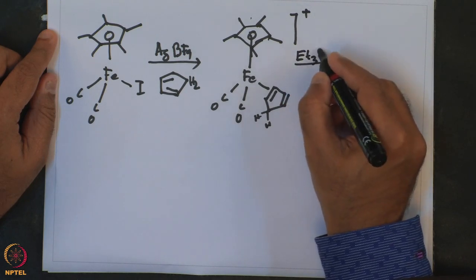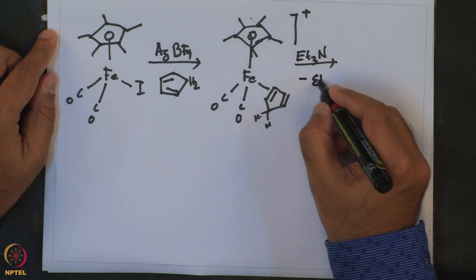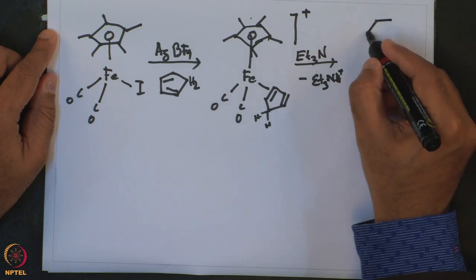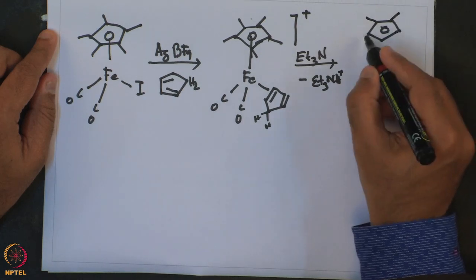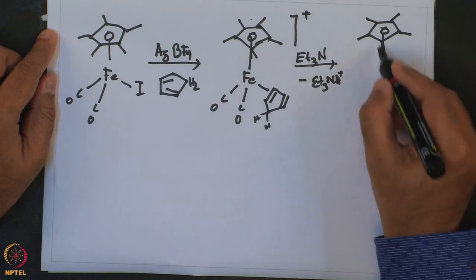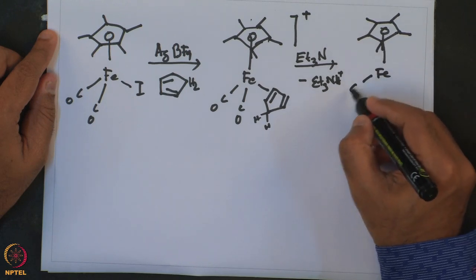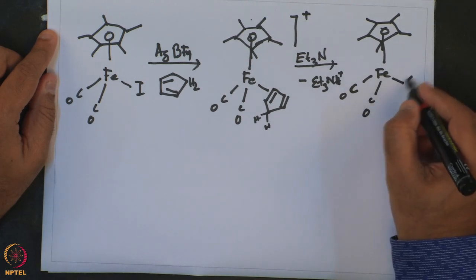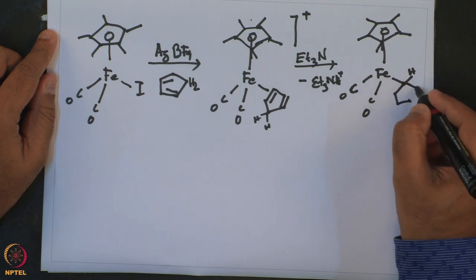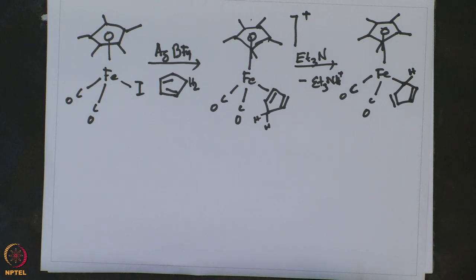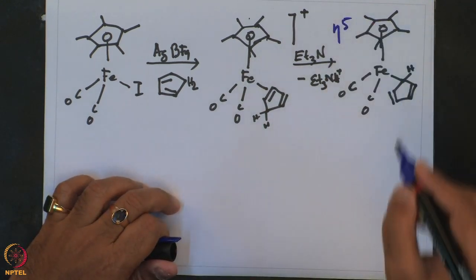The base can be triethylamine, resulting in Et3NH plus, which eliminates to give this Cp star Fe CO olefin compound. So, this is an interesting compound where we see that it contains eta 5 bound Cp as well